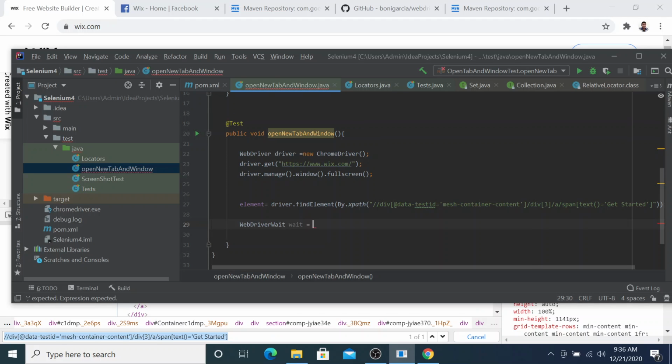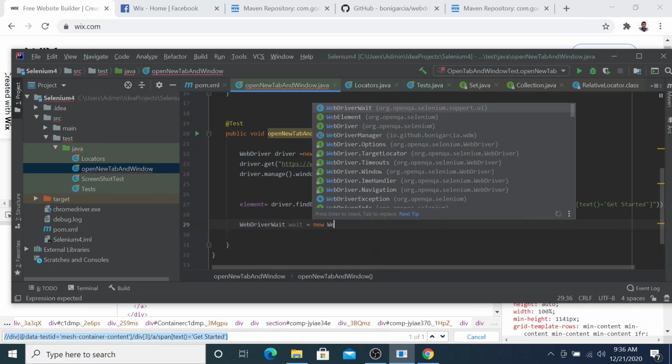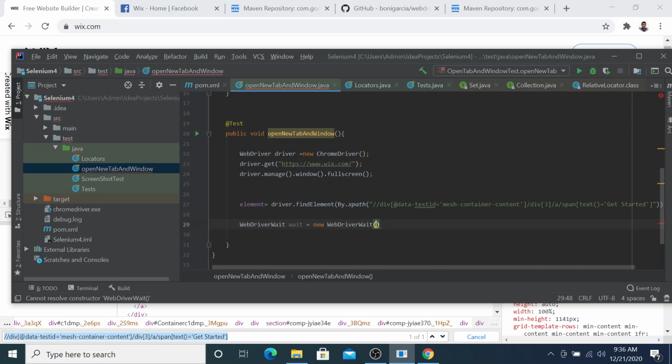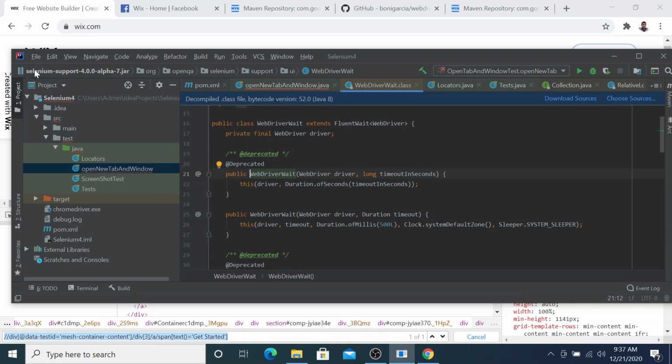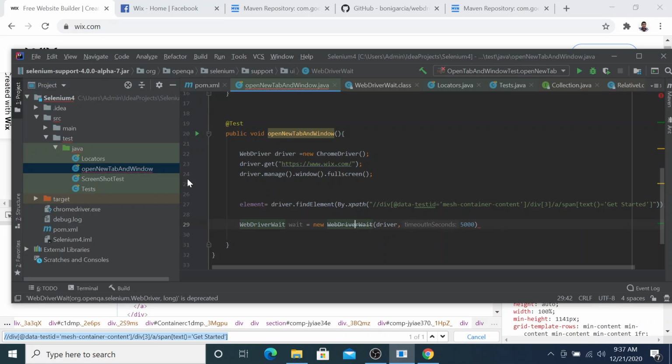WebDriverWait equals new WebDriverWait, and inside this I need to pass two parameters. One is the driver, the other one is the number of seconds which I need to wait. In earlier Selenium 3 I could enter the seconds directly, but since it's deprecated now, in Selenium 4 I need to, if I go inside this method, you can see, if I move my mouse pointer,